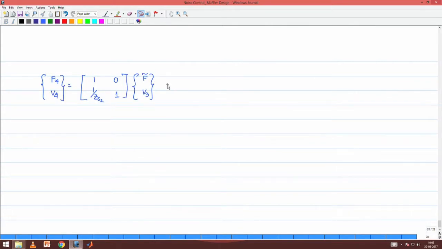So, this is what we have. Now, we invoke the condition that V4 equals 0 as per the boundary condition, because it is fixed at the other end. So, in that case we will have F4 is equal to F tilde, and V4, which is 0, is equal to F tilde by Z S2 plus V3. That implies